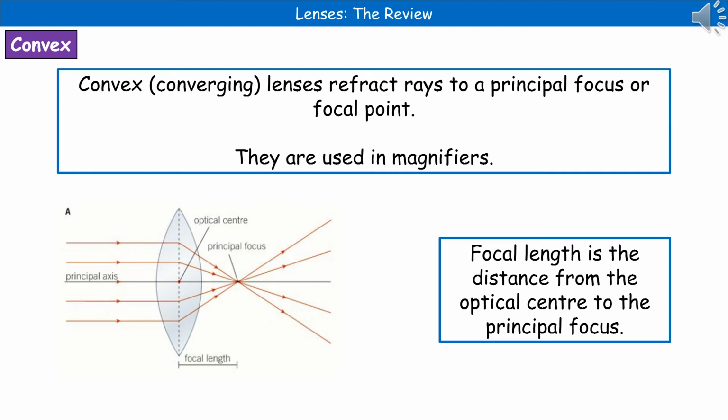Now what we actually have in the bottom left is a diagram to show you what happens here. So as the light comes in, what's going to happen is it's not going to focus where we want it to. So we use our convex lens to actually bend the light in so that it's going to focus at that one point called the principal focus. We do have another key bit on there called the focal length, and quite simply that's the distance from the optical center, which is the central point of the lens there, to the principal focus where all those